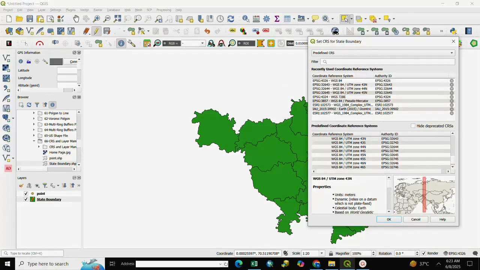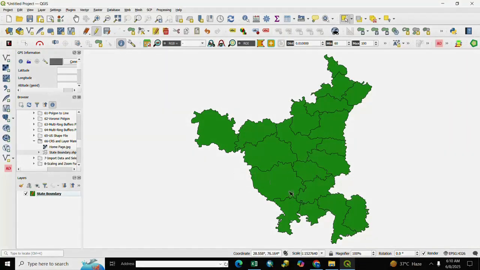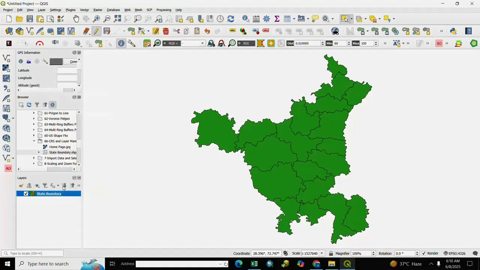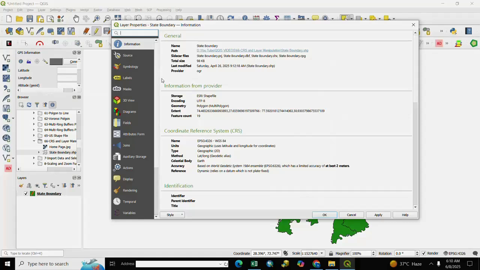So let's start. Here is our shape file and we see here its projection. For projection we right click, go to property and go to information and we see here CRS, coordinate reference system, WGS 84. Here is coordinate system,